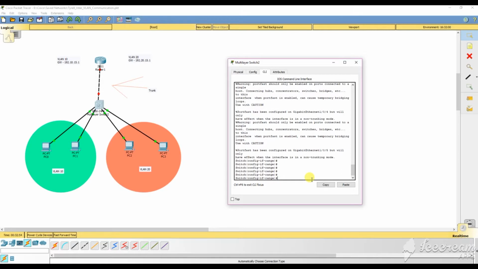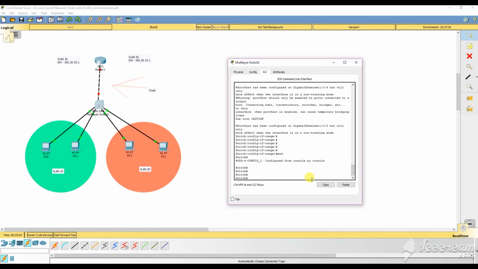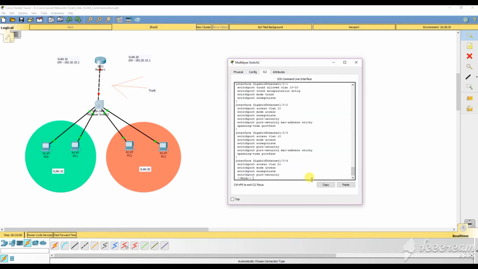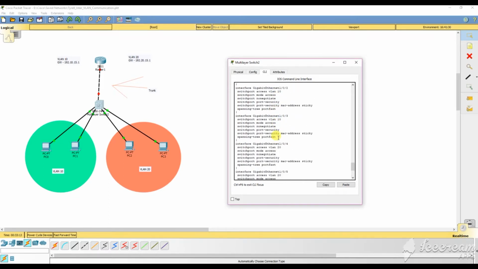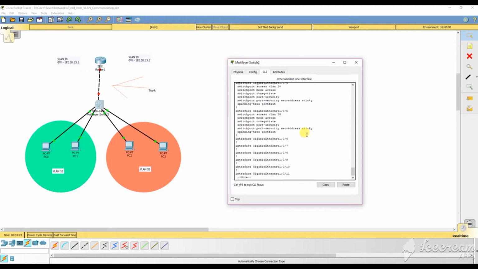Alright. So now we just did that. So now we're going to check to see if MAC address sticky was effective. Let's go end. And we're going to go show run. And we should see. Nope. It did not. Okay, so whenever this happens, when you don't see a MAC address, all I do